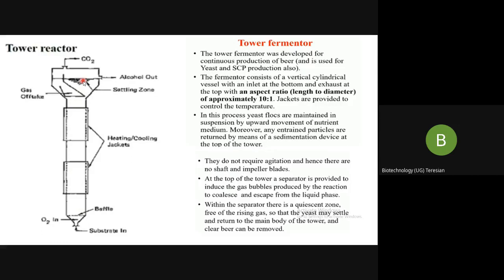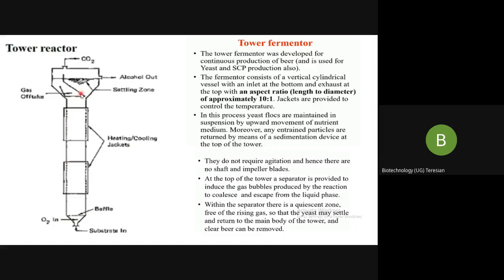Okay, if it is confusing, nothing to worry. What happens is all your microbes, that is your yeast, your malt, your nutrients, are present here in the tower, and we are flushing with oxygen. So a high hydrostatic pressure is built up, and these are the baffles which will cause turbulence, violent movement. So what happens? All will move upward. There is a heating and cooling jacket also to maintain the temperature of the media inside.